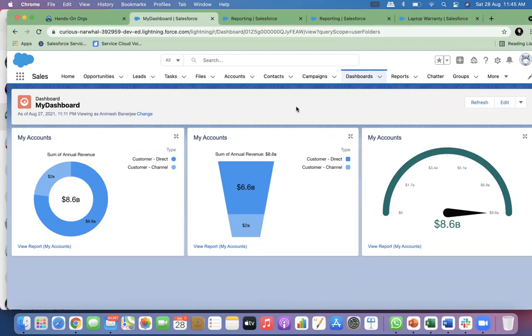So usually a dashboard is created by a system administrator who has access to every data. He creates a dashboard and we paste it on the homepage so that everybody can see the entire organization's data snapshot as a view. But that is it. They cannot access the actual data.